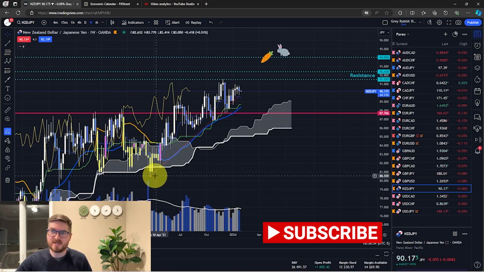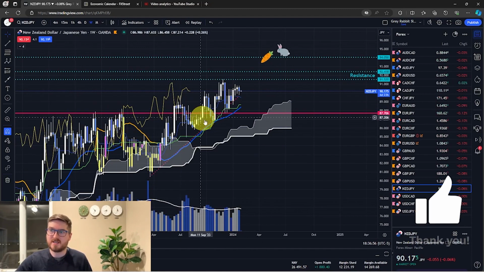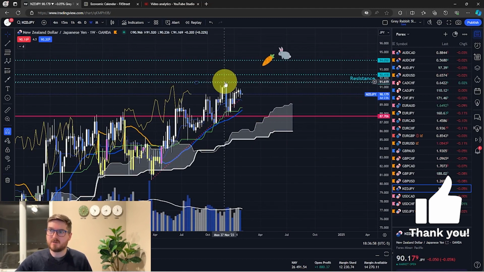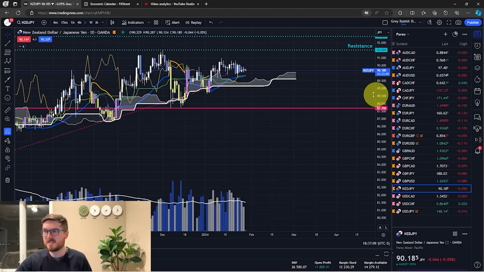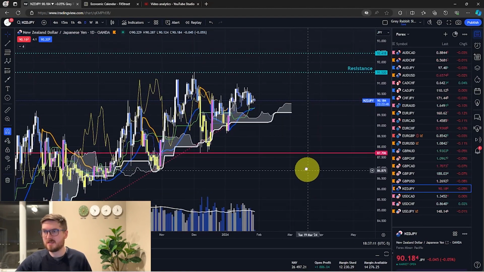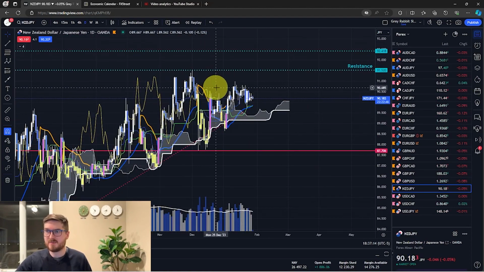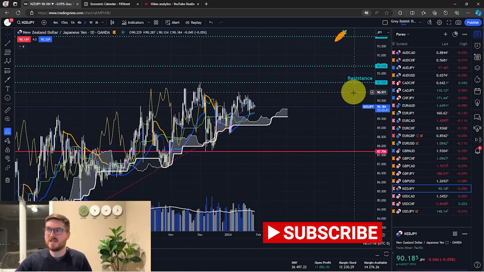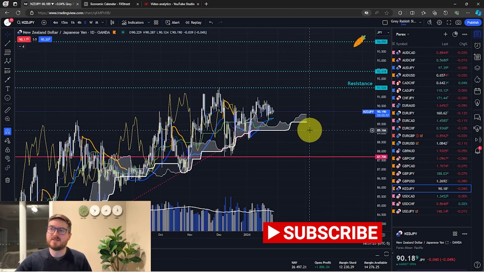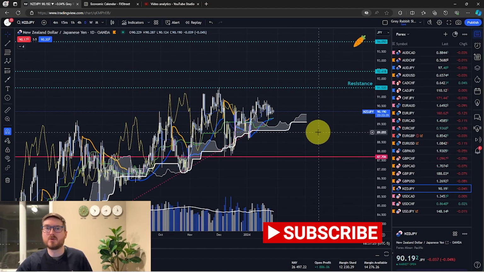We did break out of this consolidation range, and we did retest it. But right now, we're stuck between this resistance level, 91.520, and 87.706. And so right now, price is just consolidating in this range. And you can see too, we have a lot of Chikou span overlapping the candles. And so until we can confirm on the lower time frames and we can break this resistance level of 91.520, this is just going to be a ranging market this week, and I'm most likely not going to be trading